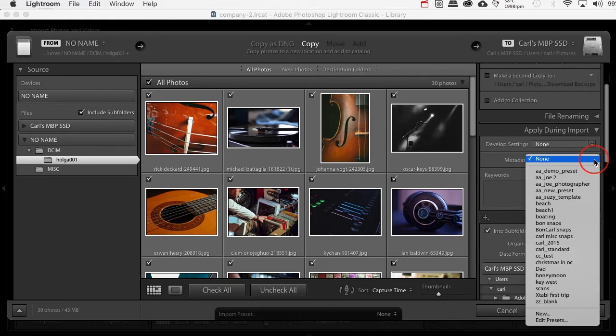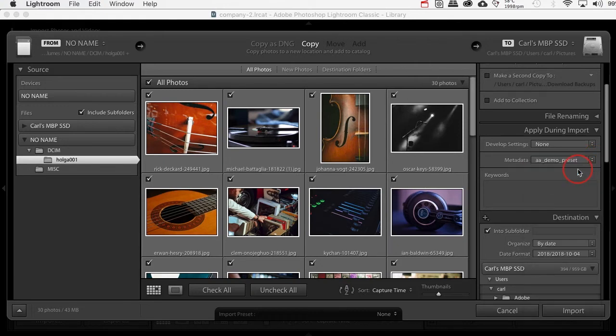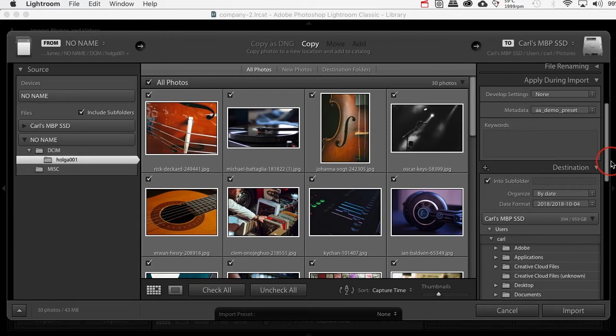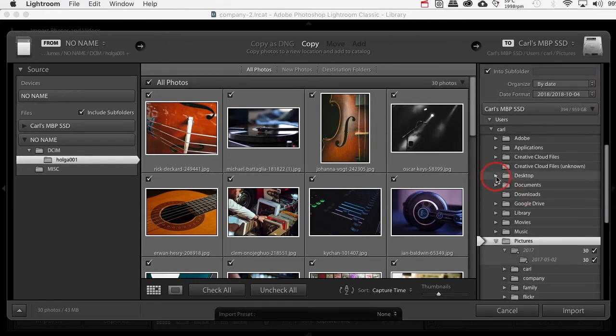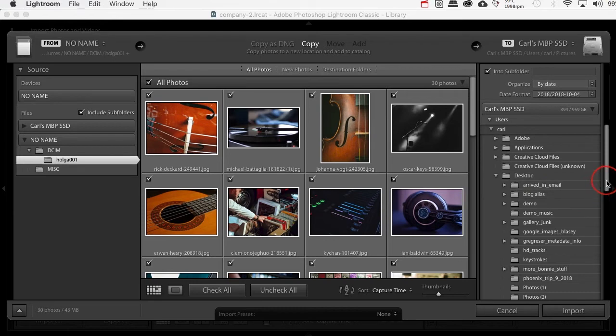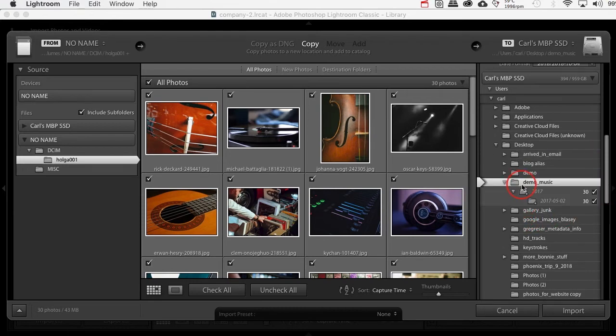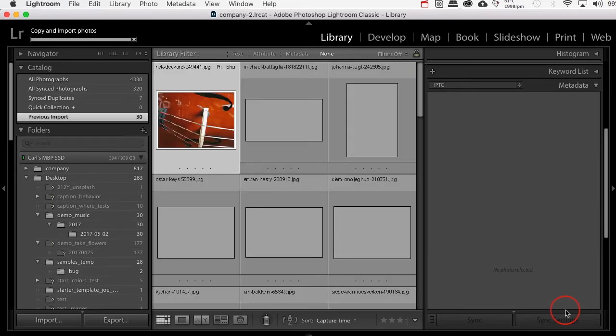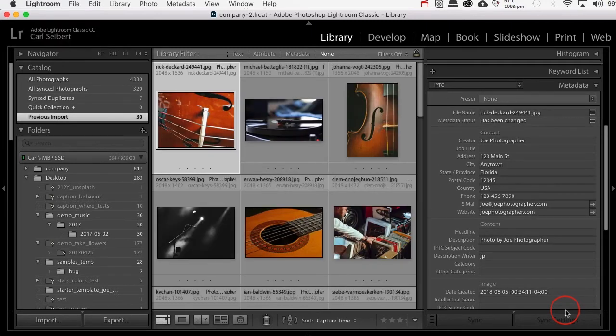But we can apply some metadata. We simply choose our metadata preset. In this particular case, it's something that we just got done making, but it's probably something that you've had for a while, and you may have several presets for several different circumstances. That's perfectly fine. And let's navigate to where we're going to go with these photos, and there we go. There's the folder I want to put them in, and we'll just hit the button and import. Now, once imported into Lightroom, you can't be moving these photos around using the operating system or anything like that. You have to use Lightroom for all your operations with these photos,